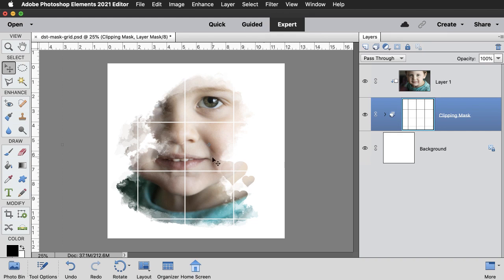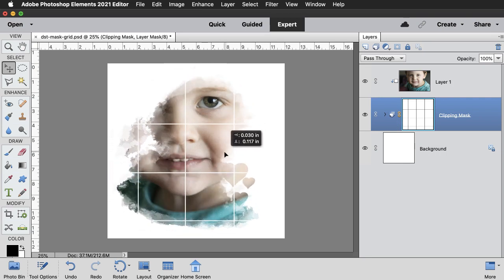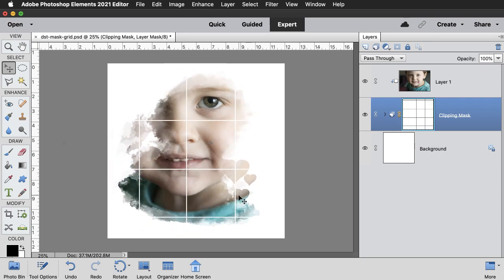Now when you're satisfied in the Layers panel, you'll want to link up those two thumbnails of the clipping mask group again. So all you have to do is click between the two thumbnails where that link icon should be, and it will appear again. And since they're linked up, now when I click and drag on the document, they're going to move as one unit again. A couple things that I wanted to mention before I let you go.